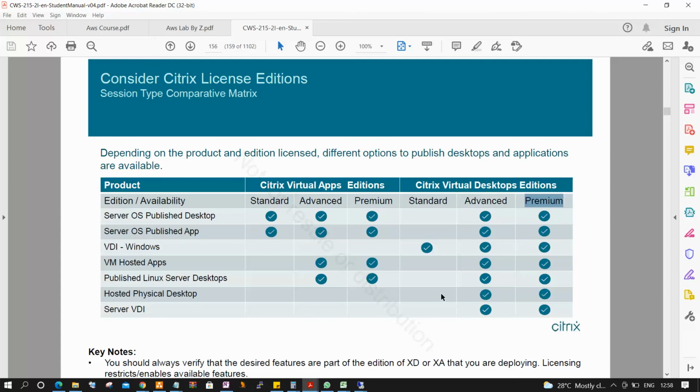I have a question. Yes, please. If I go for Citrix Virtual Desktop edition, will it include the virtual app license or not? Good question. The virtual desktops or virtual apps, that's not the concept. The features are very important. So these features are included in the models.